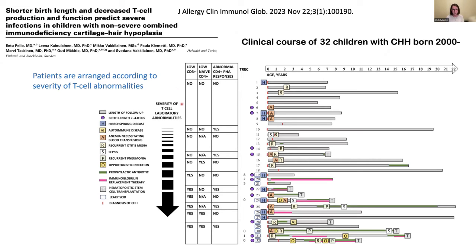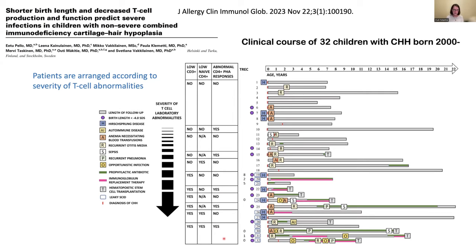This figure shows how the patients are organized based on severity of T cell laboratory abnormalities. These are the most severe findings, with low CD3 positive and low naive CD4 positive values, and abnormal